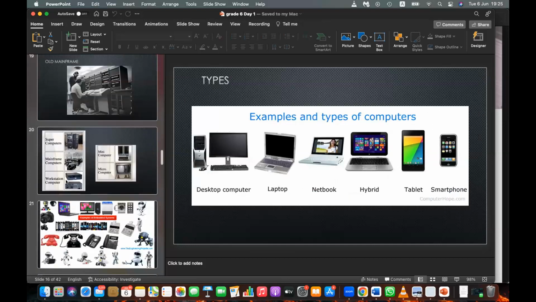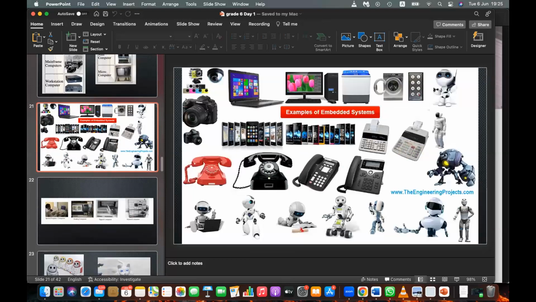Now, in addition to that, we can see computing equipment in these devices. What are these computing equipments? They are basically small boards, single board computers, single chip computers. These computers are called embedded computers.